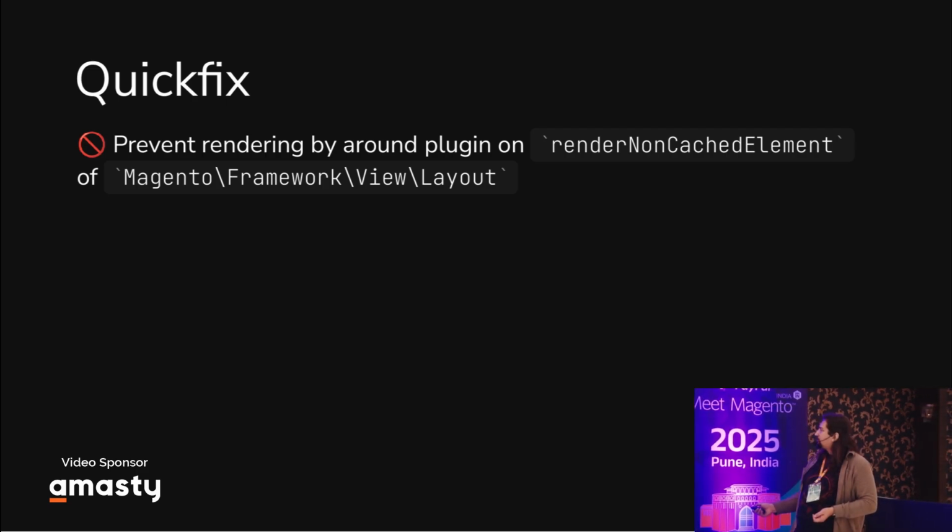You have an around plugin on render non-cached element. You grab the page config object to know if it's enabled. Then you check that it's Varnish, because only Varnish does those ESI includes. Then you check if the layout is cacheable. You don't want to prevent rendering on non-cacheable pages. And another thing, then you get a block. You check that the block is an instance of the abstract block,